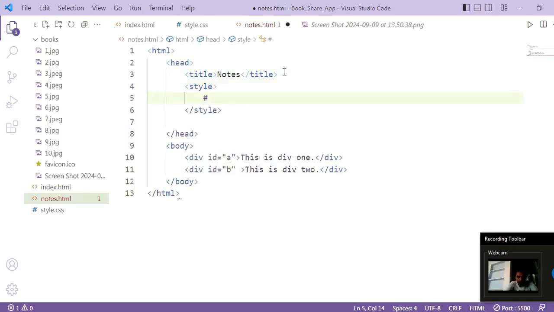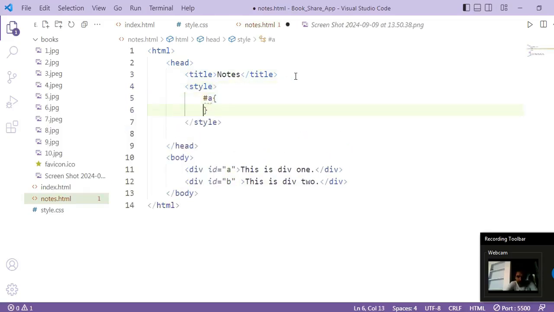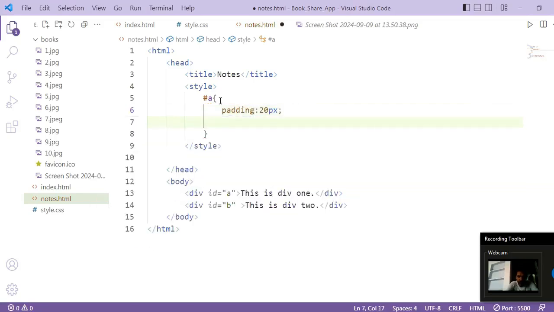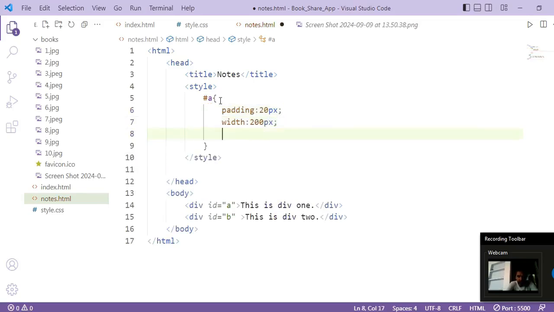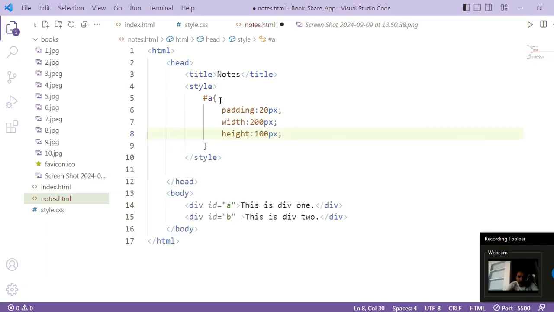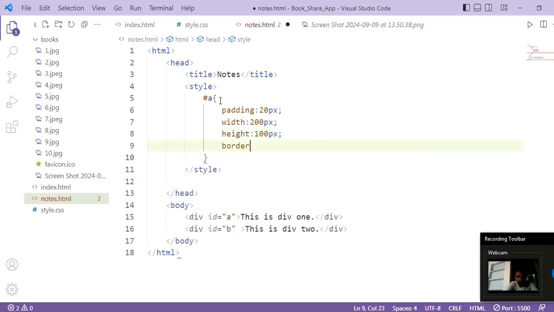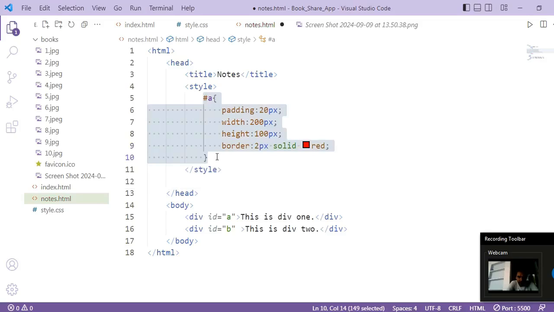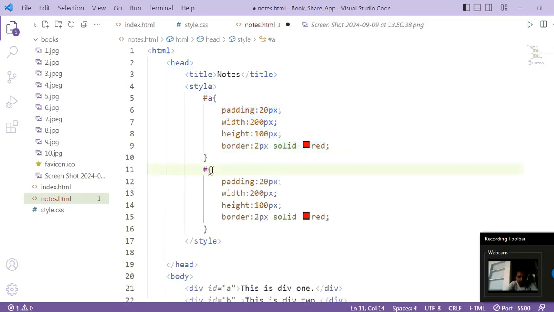So style, and here I am taking first one, so I am giving padding of 20 pixel, okay. Then width of 200 pixel, height of 100 pixel, and border also 2 pixel solid red, okay. Copy paste this, change A to B, okay, and remove padding from here, save it.